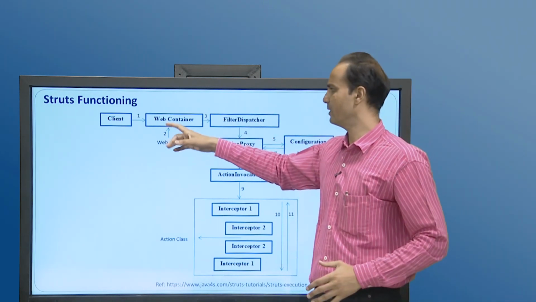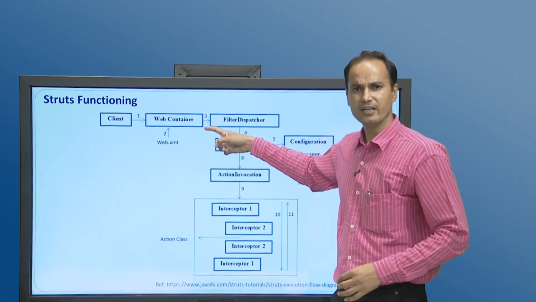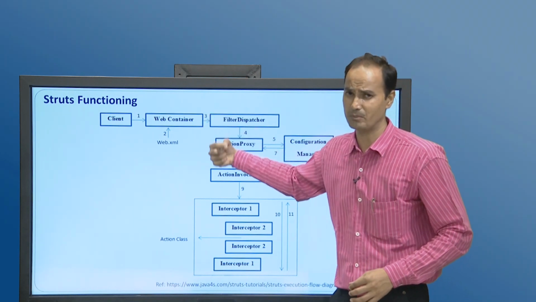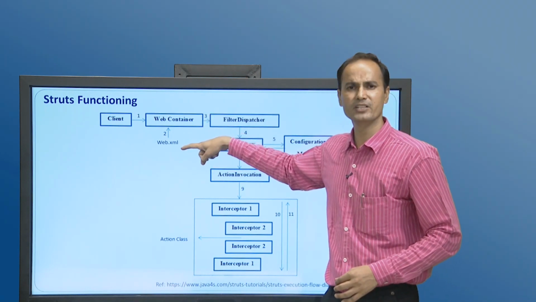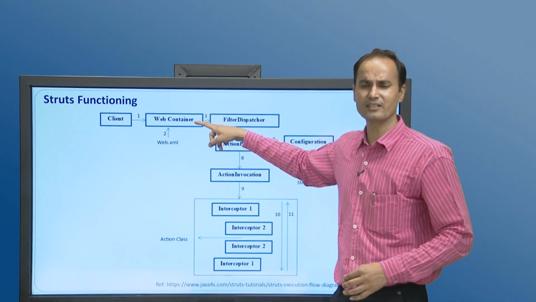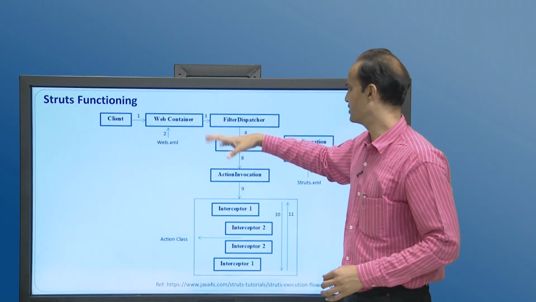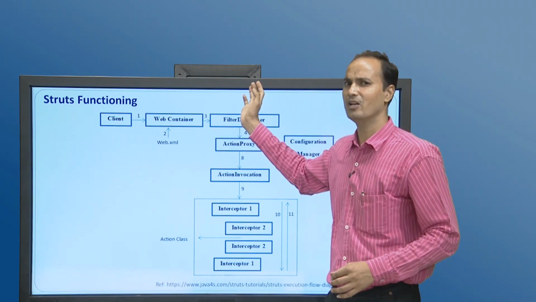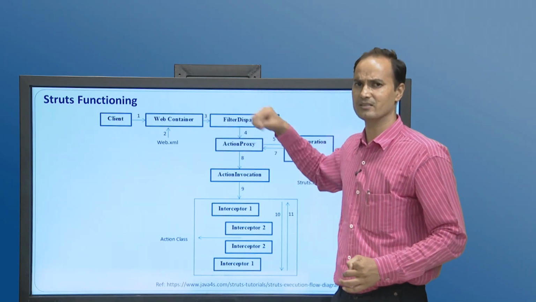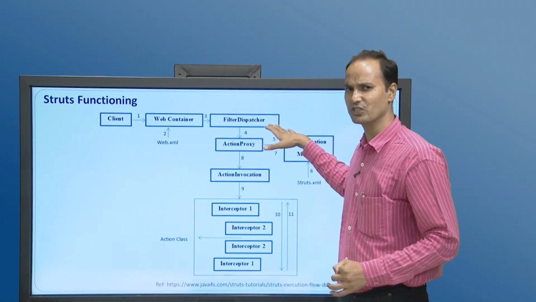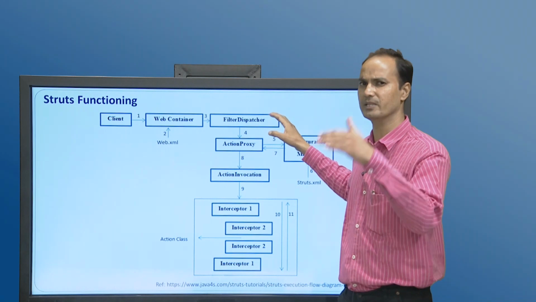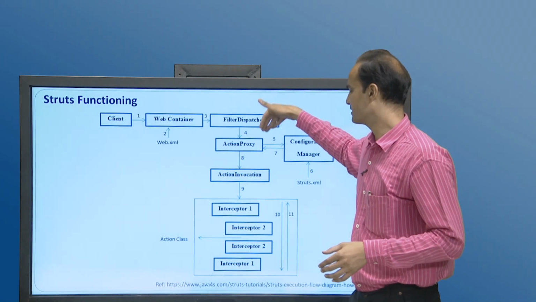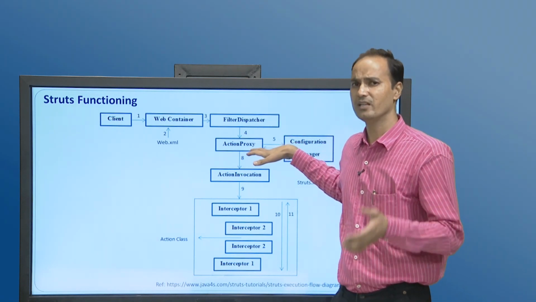Generally, the client sends a request. Once the request is received by the web container, the web container maps the request with the deployment descriptor in web.xml and decides which actions are to be undertaken. Based on that, it checks the filter dispatcher, because web.xml has a filter configured, and that filter is the FilterDispatcher. The request is forwarded to the respective filter dispatcher. There could be a number of filter dispatchers.